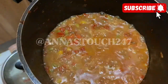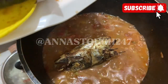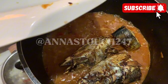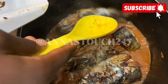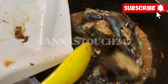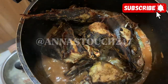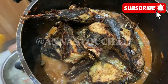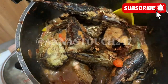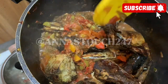Okay, so this is the time to add in your protein, and in this recipe we are using fish. So this is a very healthy sauce that you can pair with almost anything. You can pair this with sweet potatoes, you can pair it with yam, you can pair it with rice, you can pair it with anything that you can pair with stew. It would come out absolutely yummy, and I kid you not, this sauce is kids friendly, it's adult friendly,